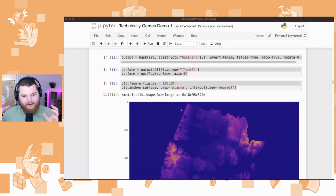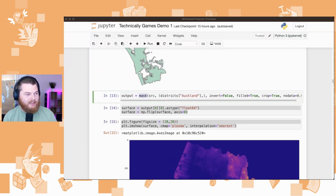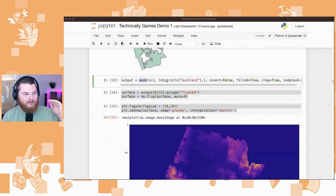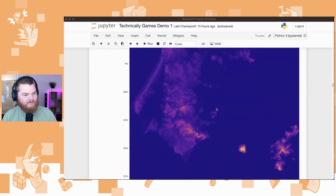Now, the main piece to combine: how do I cut out the height map of New Zealand with the shape of Auckland? I found a really lovely function in the rasterio package called mask. I love connecting libraries together and letting them do all the heavy work for me. I went down a little bit of a rabbit hole trying to do this myself, and I'm like, nope, this is a bad idea. Actually, there are these two packages that work well together, even though one of the inputs is vector data, essentially the points of the outline shape, and the other one is a raster image, which is a height map. Turns out you can mask them together, and you can get now the clipped height map